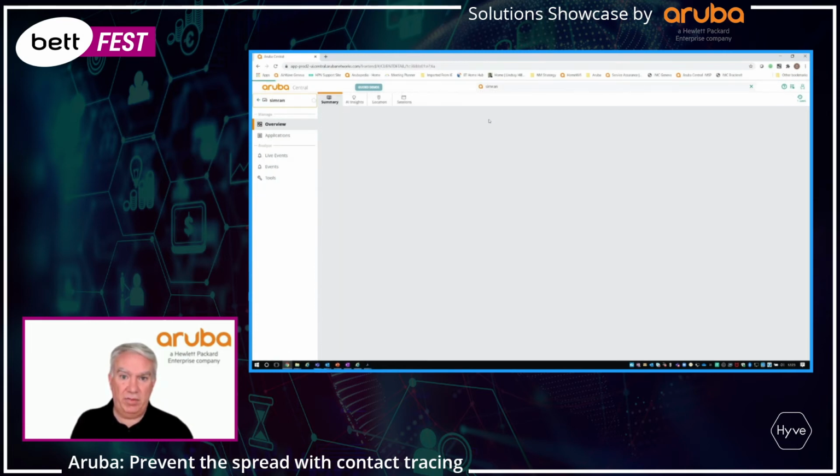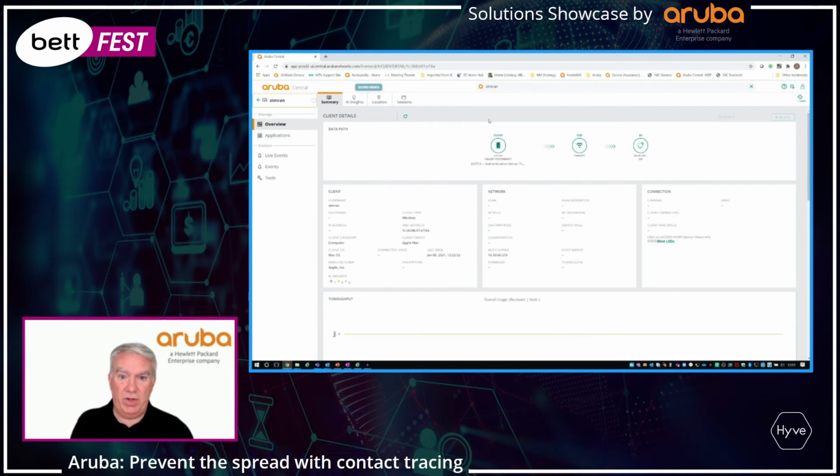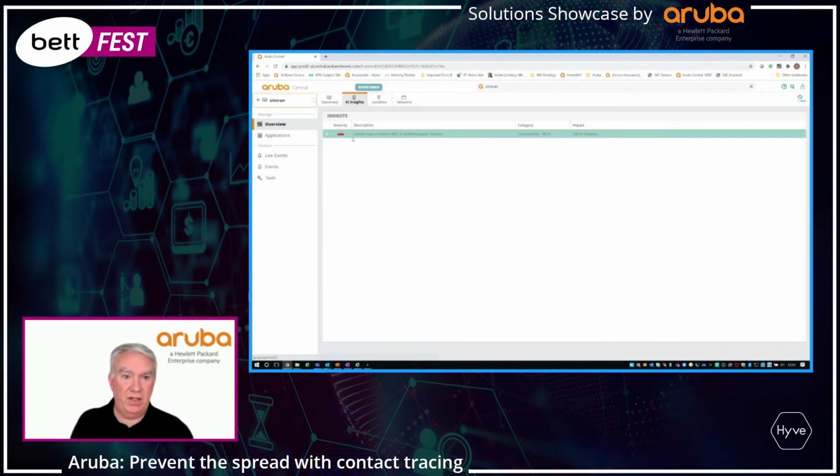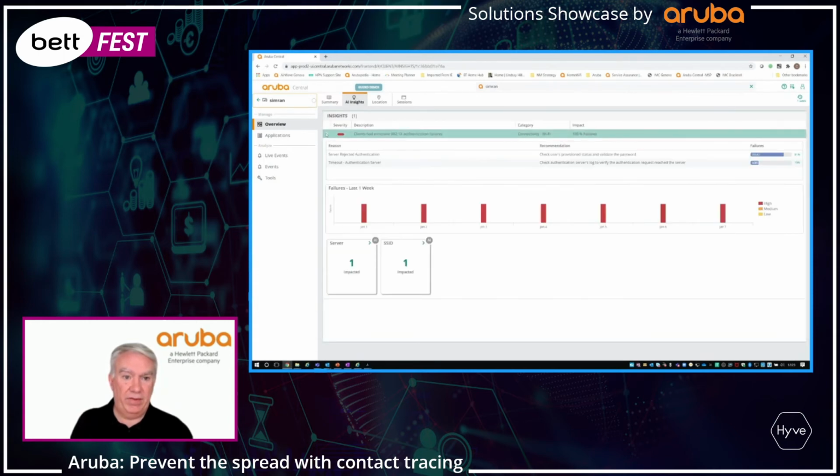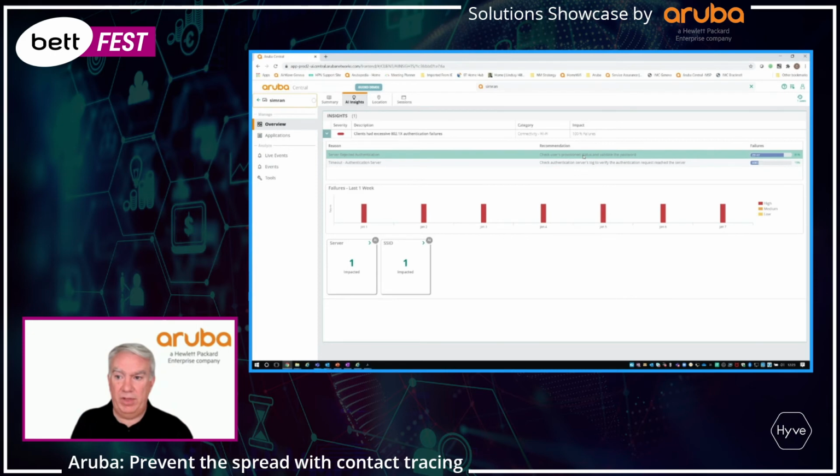So here we've typed in Simran's name, found where they're trying to connect. So here we can see Simran trying to connect to this Wi-Fi network on this AP. Looks like it's probably an authentication issue. Here we can see all the details about their device they're on. In this case, it's an Apple Mac computer. And if there's any insights, we can see here what they are. So if we have a look at this insight, looks like they're probably just putting in the